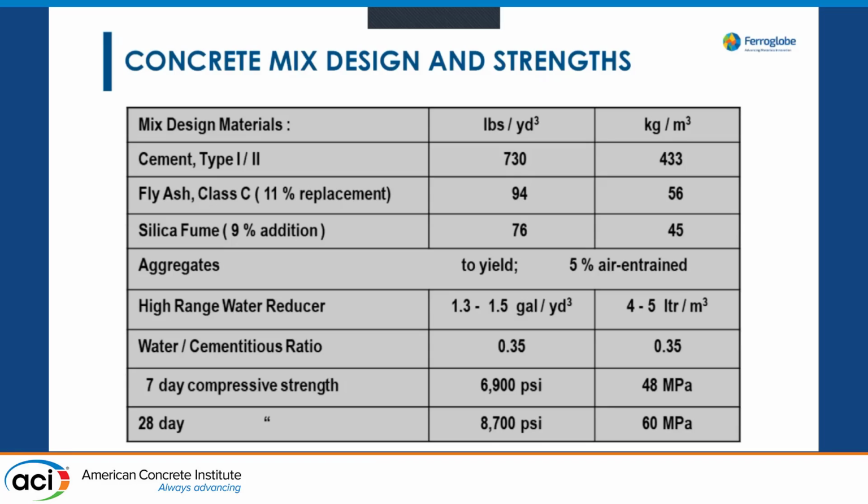The aggregates were added to yield. Now, I haven't got the numbers, but to yield to give the rheology and workability and placeability of that concrete. Good amount of high range water reducer, best they had on the market. And 0.35 water cement ratio. It's not a high water cement ratio. It's not a low one. It's a nice medium one to